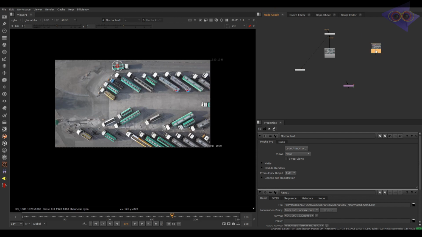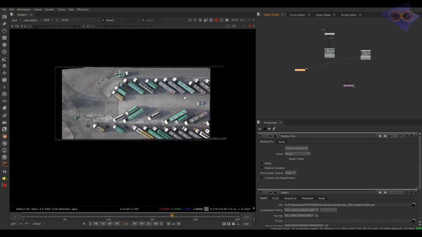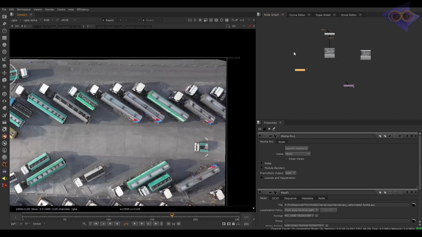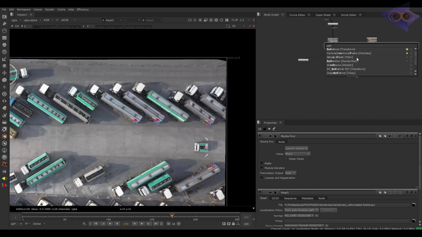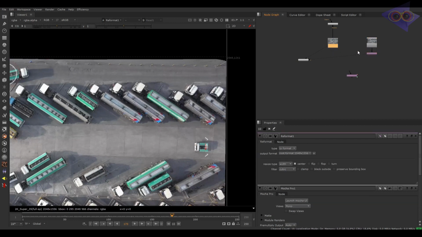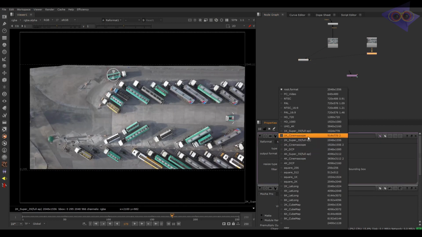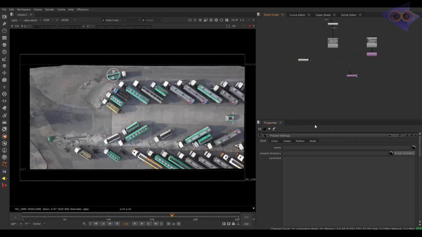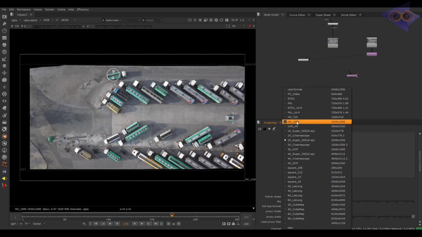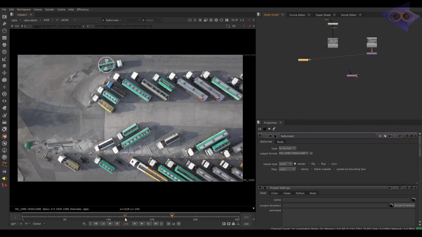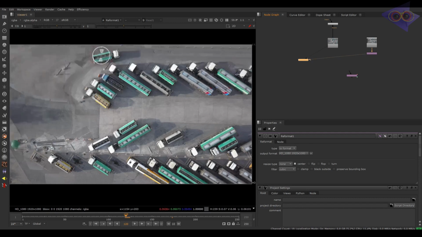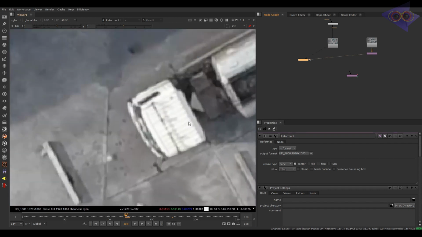Okay, here we have the rendered megaplate. As you can see, the resolution is different when we compare this with the input. Let's take a reformat node. In the properties, give HD format. I forgot to set my project settings, so doing that right away, it's super important. Now we will come to the megaplate frame. When we compare here, we can see differences. You can see it is a little blurry here, but it's okay, we will figure it out.